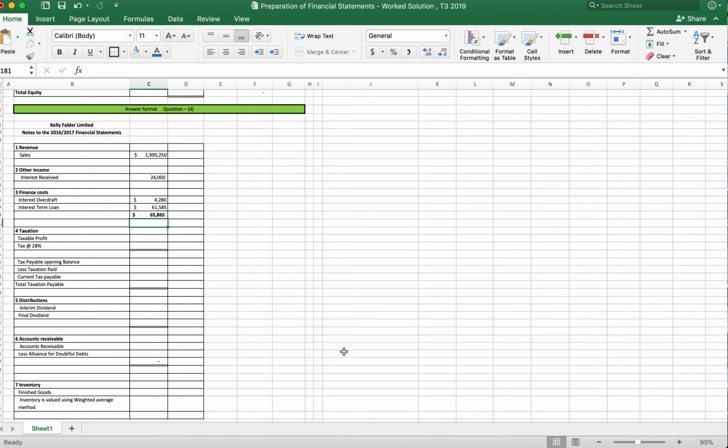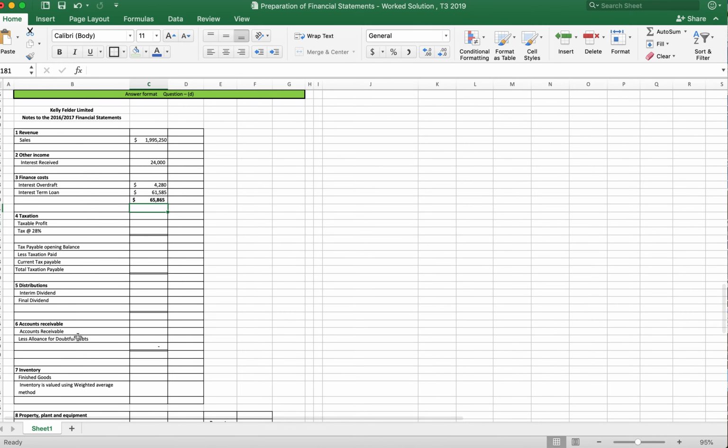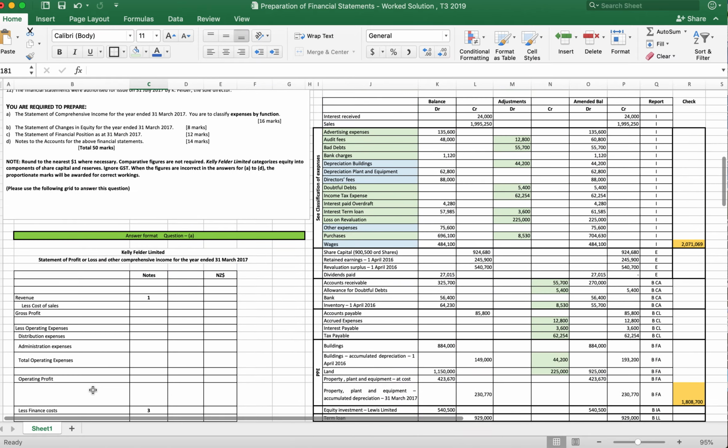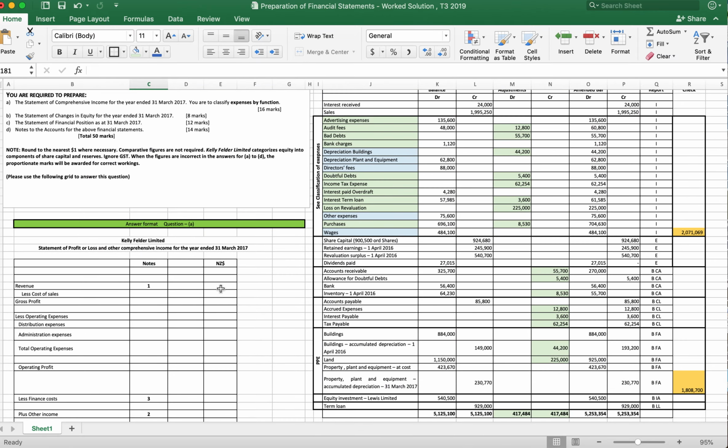Taxation. Then there's distribution, which is an equity thing. Okay, these are balance sheet items. Let's think. I might actually populate my income statement now. Okay, so I have got